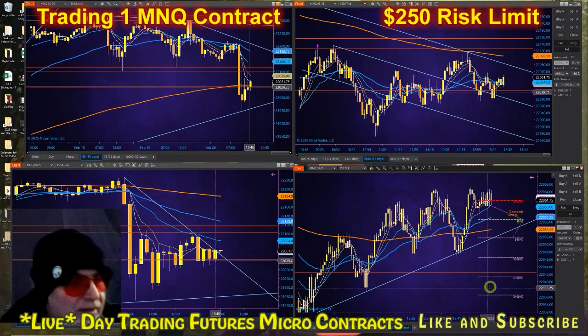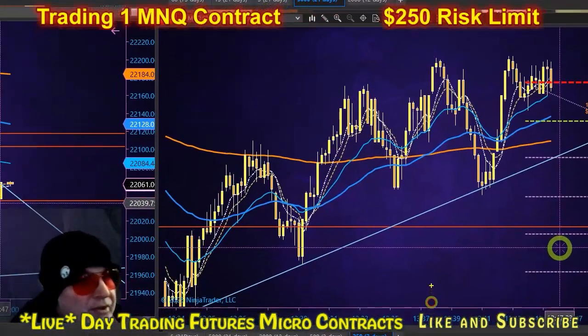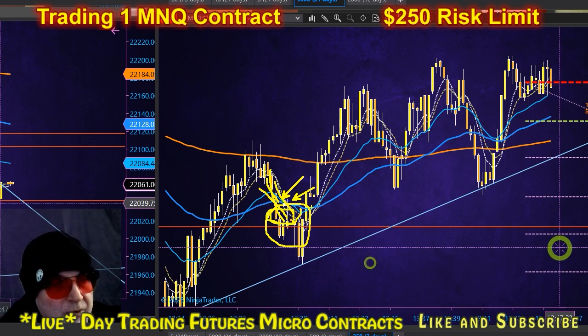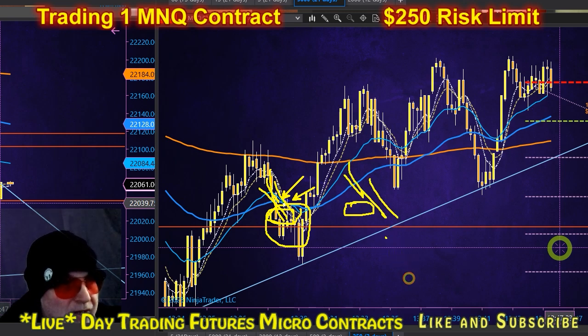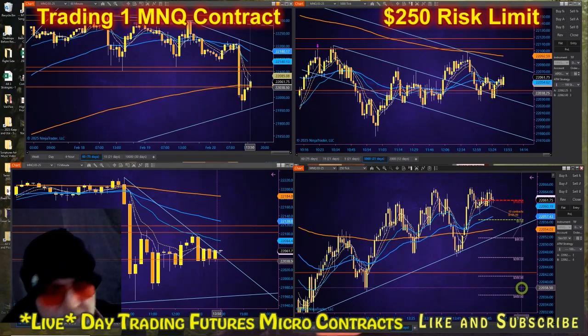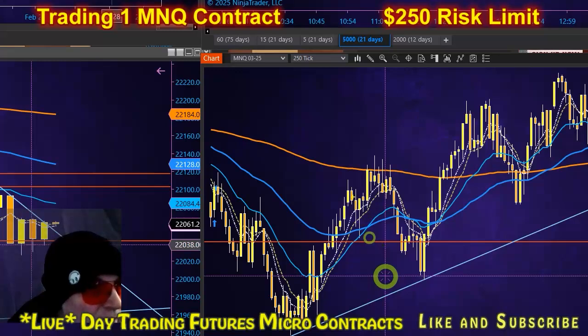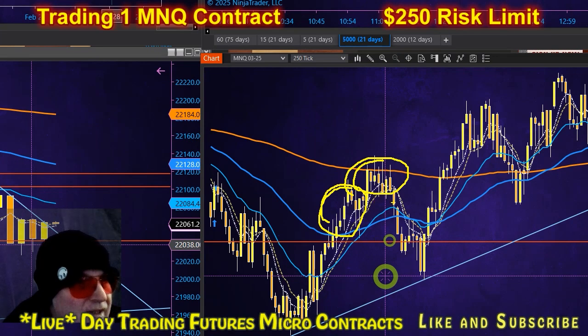Okay, but that's what we're looking for. We're looking for this feel here. Pintails, downward trending moving averages, closing below, even consolidating with pintails, consolidation with pintails, under the moving averages, getting ready to continue down. That's what we want. We don't want to try to short, for instance, this little area right here where it's going up. Even right here, it was tricky until if it breaks the trend line and closes below the other moving averages,